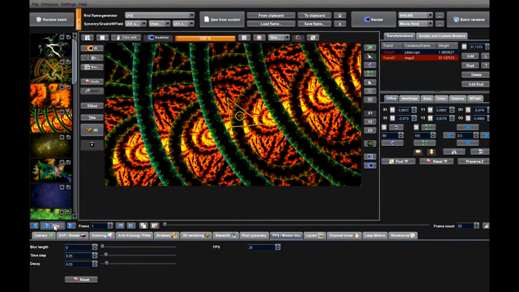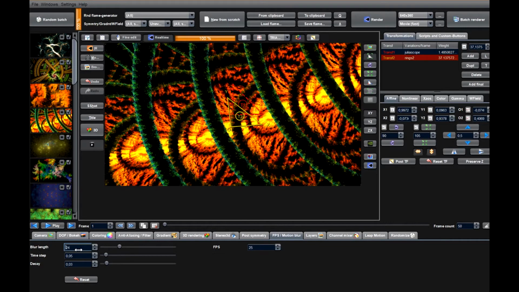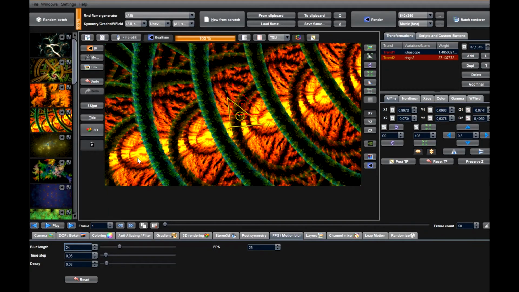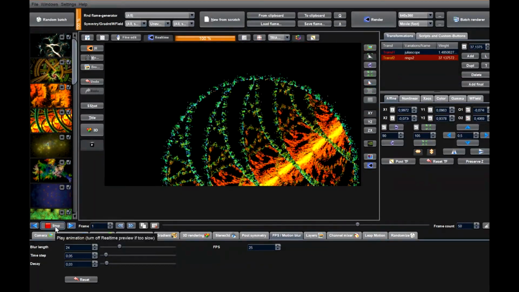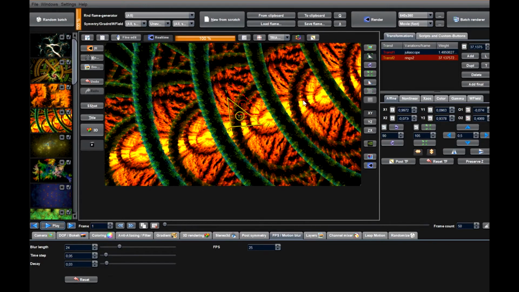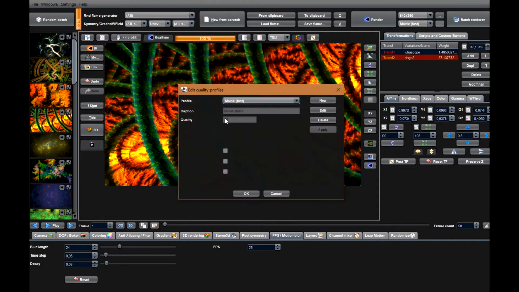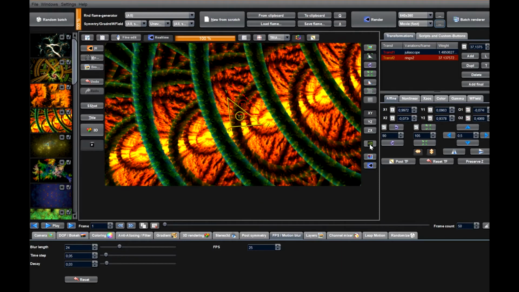So now we add 25. Now you see it becomes unsharp. It's really nice. Okay, we want to render this. Now we set up the frame size. This is a decent setting for this tutorial. It's very small. I have chosen a very low quality already, which is 25, but because I use the optics denoiser, it will